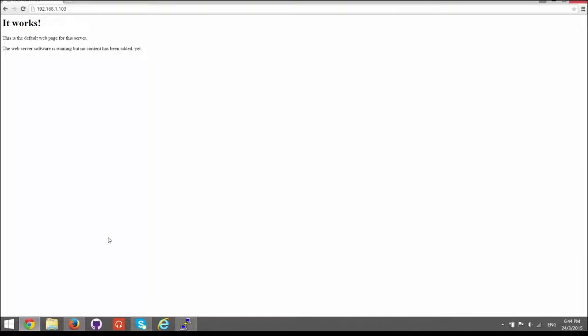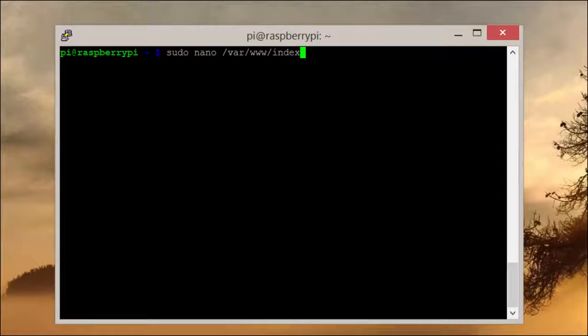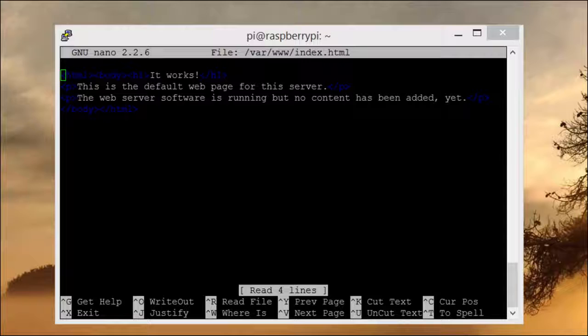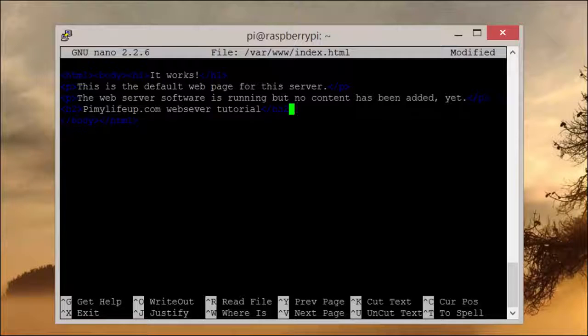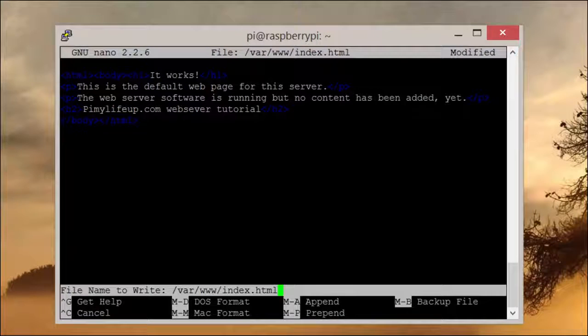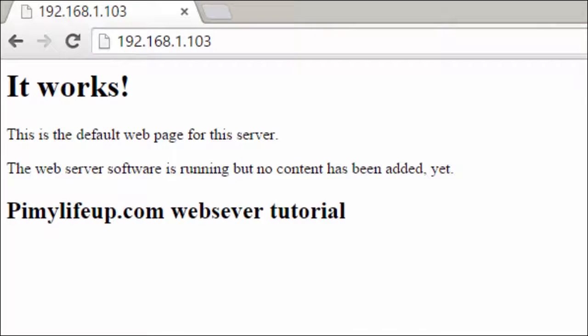Now we can edit the base HTML file to whatever we would like. To do this, just enter the following: sudo nano /var/www/index.html. Then in here we can add anything we want and then quit and save. And now if we go back to our browser, refresh the page, and there we have it, our very own